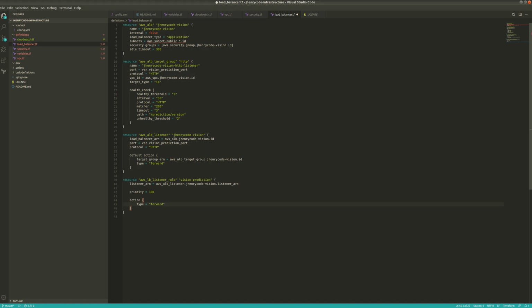And then I think the target group on, right? And we're going to target the target group up above. So we'll say ALB target group dot J Henry code vision dot on. And then condition, and this is the part where it's interesting. This is the part where we're going to tell it what type of traffic to do this with. So we're going to give it a path pattern,